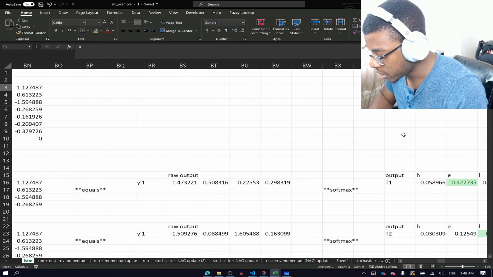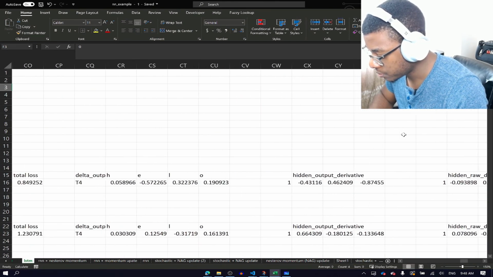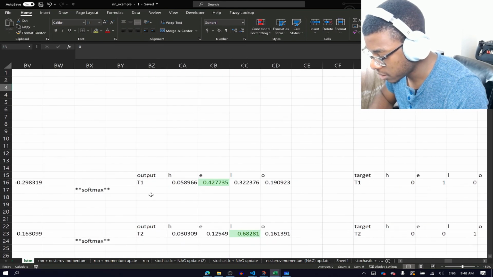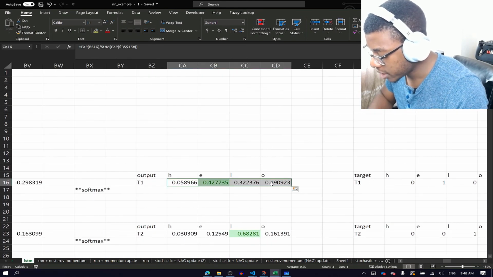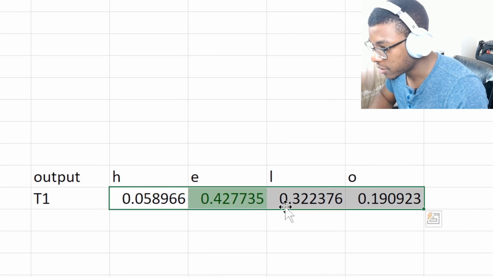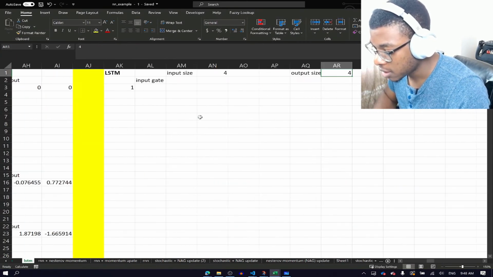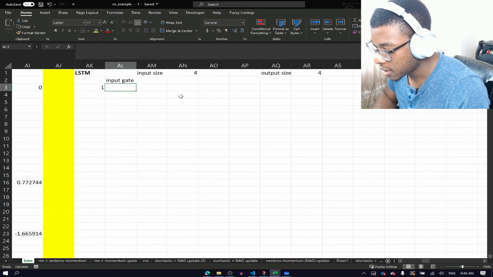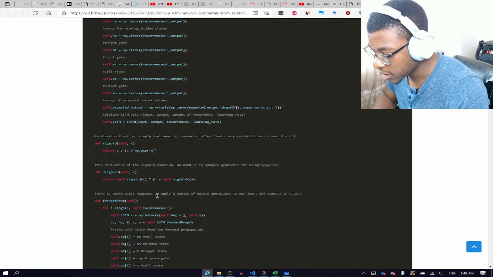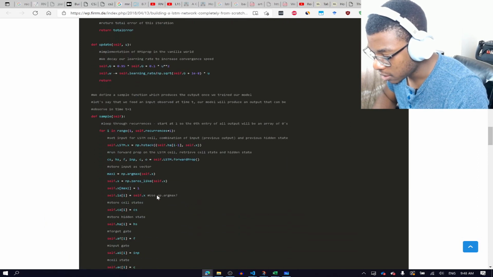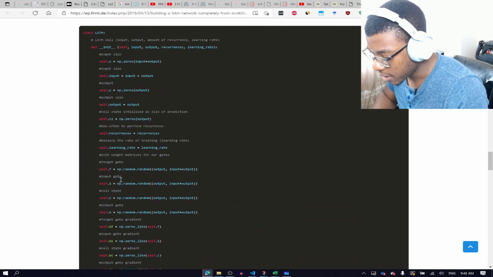What we're doing is, the hell is this stupid thing? What we're doing is we're also outputting 4 letters of the alphabet. So that's that. So when it says here that our